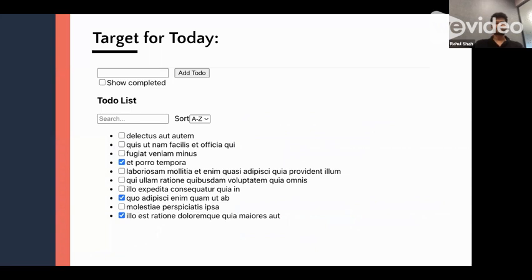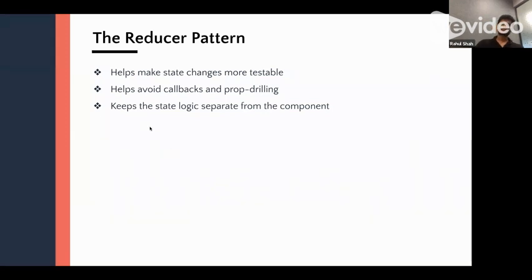Okay. So the target for today is we'll keep the app the same, whatever we have created so far. In that, we'll just introduce the reducer pattern. Okay. And we'll see what are the benefits and what are the shortcomings also of reducers. So